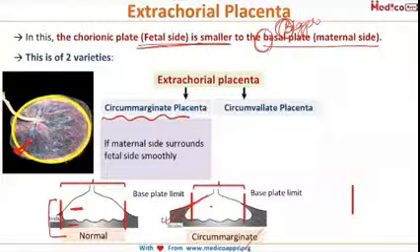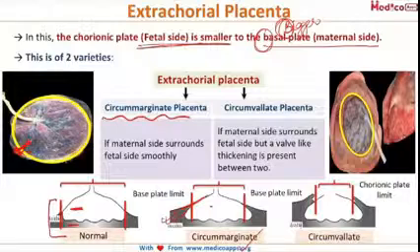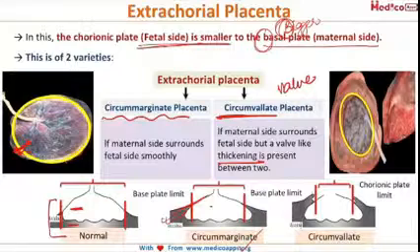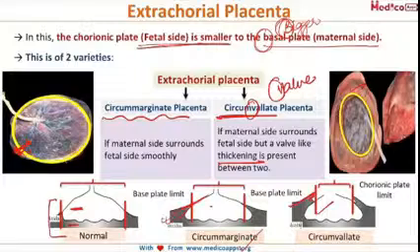Now, if this transition is not very smooth and there is a fold of fetal membranes forming a thickening, valve-like thickening all around the fetal side, it is called circumvallate placenta. Valve-like thickening in circumvallate placenta. And the same thing we can see here in this diagram. The maternal side is surrounding the fetal side, and there is a fold of the membranes around it, which forms a